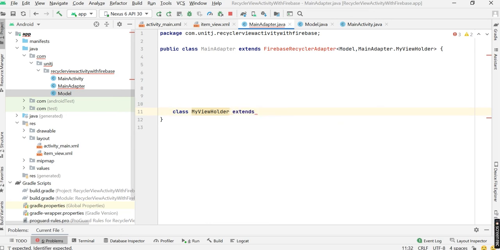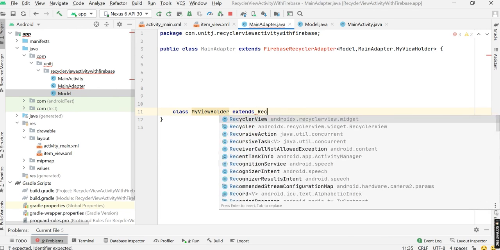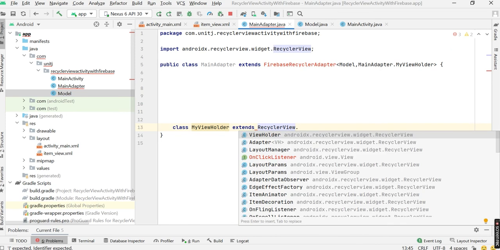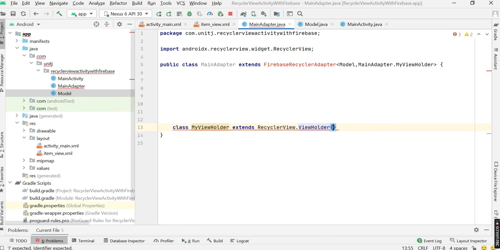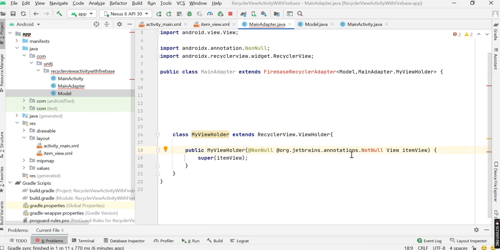It also extends RecyclerView dot ViewHolder. I just create this class to avoid this error. Just go to the error symbol or Alt plus enter. We need to create a constructor, right? Yeah, it is a constructor. If non-null,